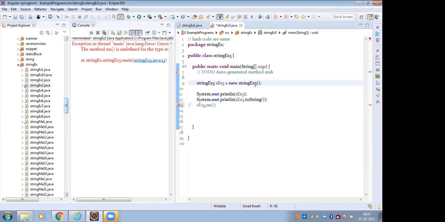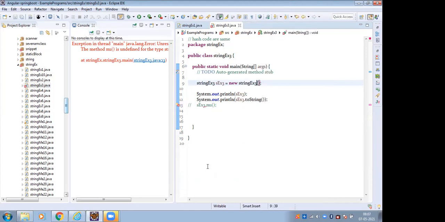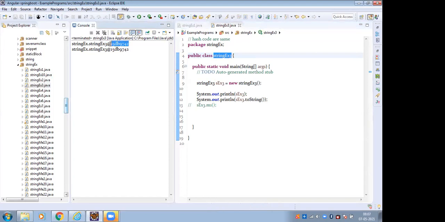So here, whether I'm using toString or not, that is not an issue. It prints the class name. So this is the package name, string ex, dot class name, string ex3, is the class name, at hash code. Hash code is printed here. What is hash code?